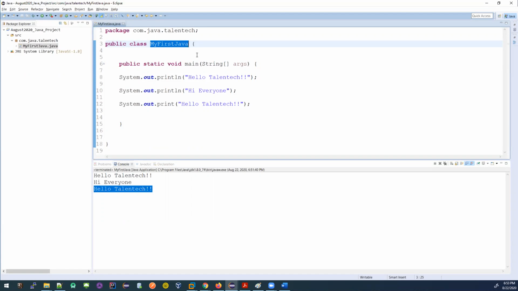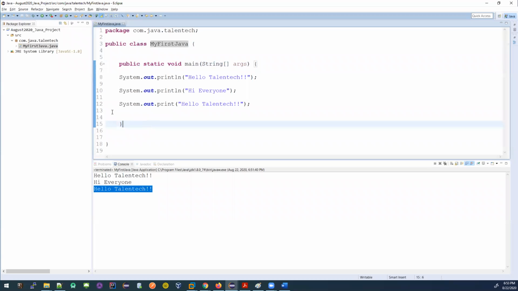You can write Java code, but if you want to execute the Java code, what do you need? A main method. How many main methods can you have inside a class? Inside one single class, you can have only one main method. You cannot have more than one main method in one single class. This is the convention. And the name should be camel case.